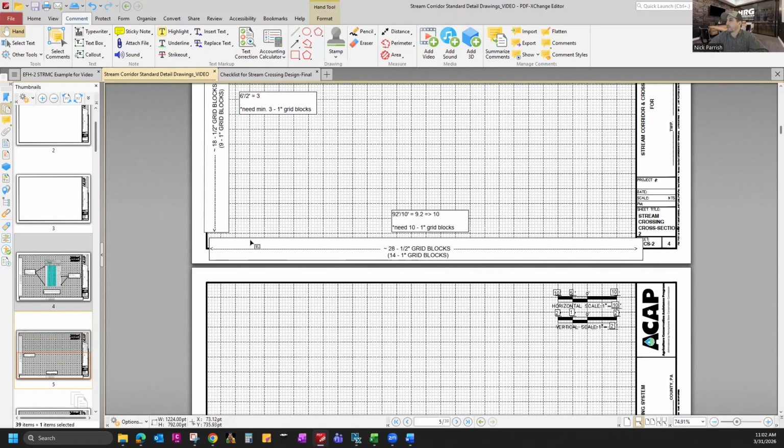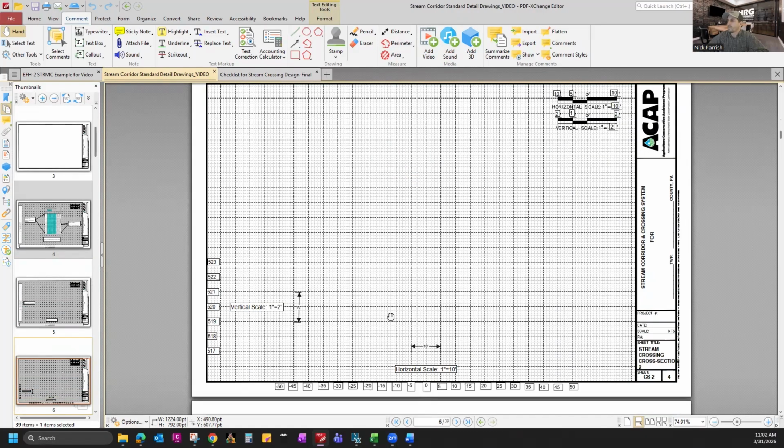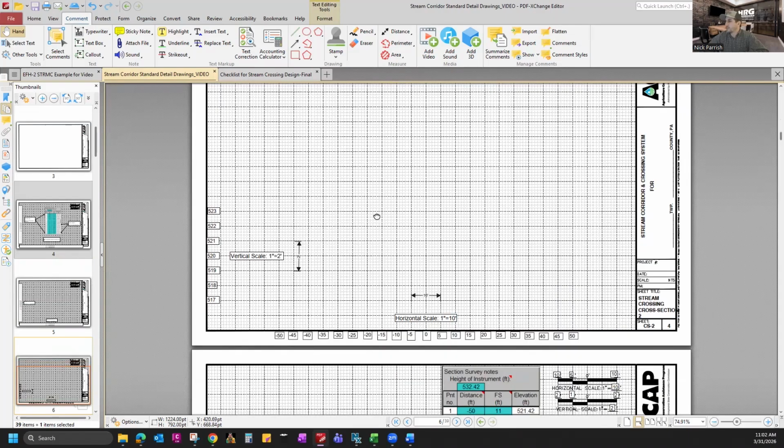And then for our horizontal scale, I picked maybe a 10 scale would work here. So 92 feet divided by 10 is 9.2. And then I rounded that up to 10, which means we will need 10 1-inch grid blocks. And to show you all what that looks like here,